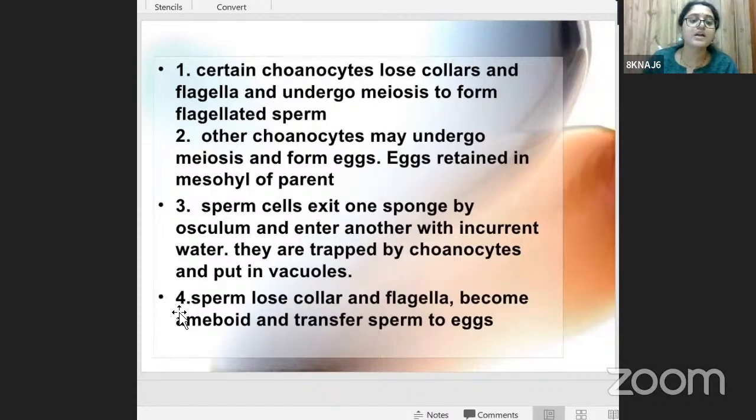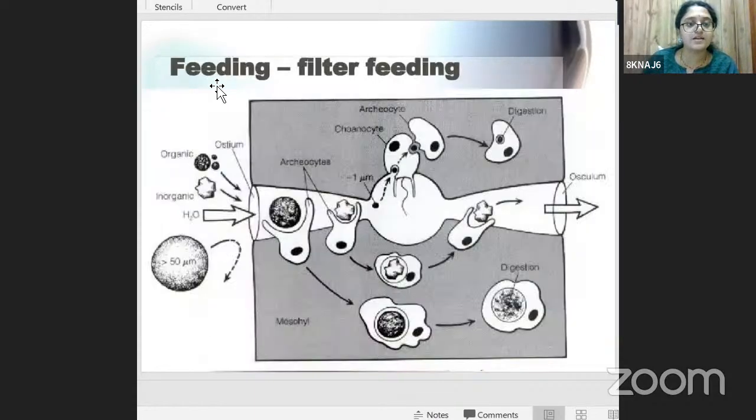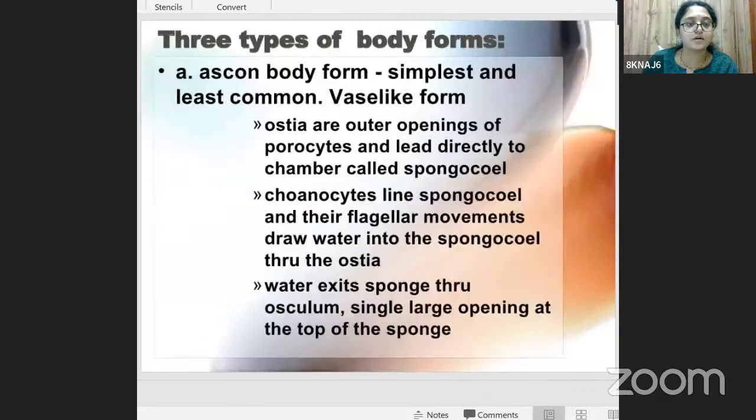Remember. So let us look at the development. So we have the development of